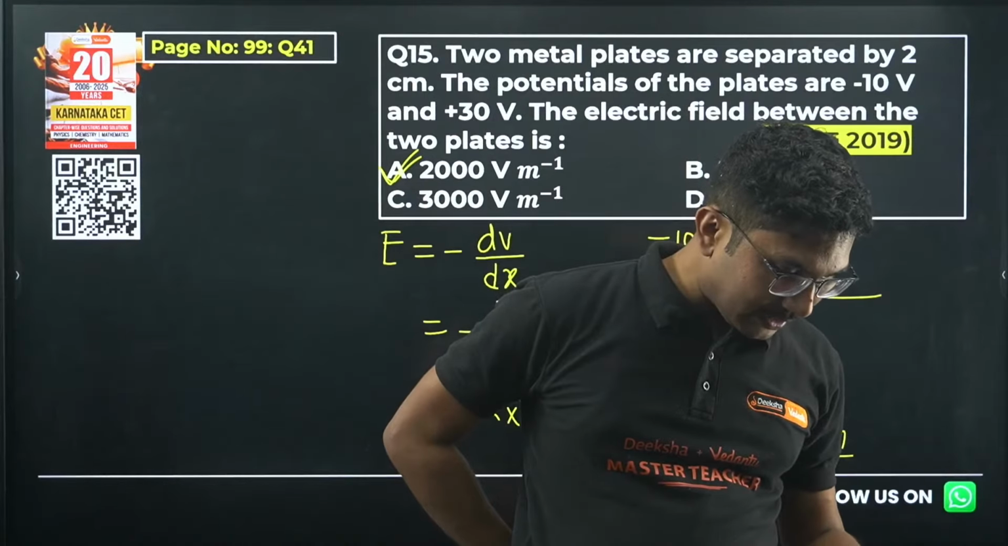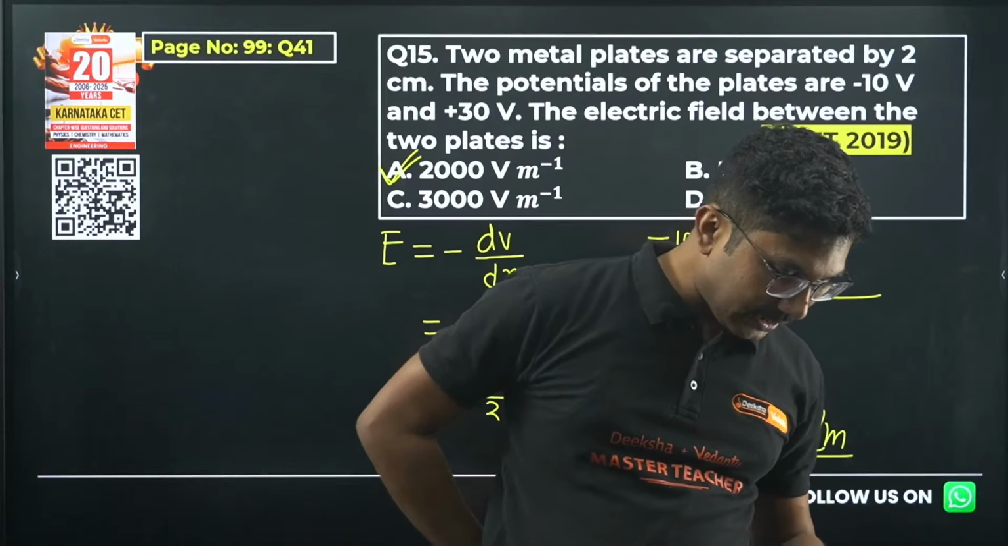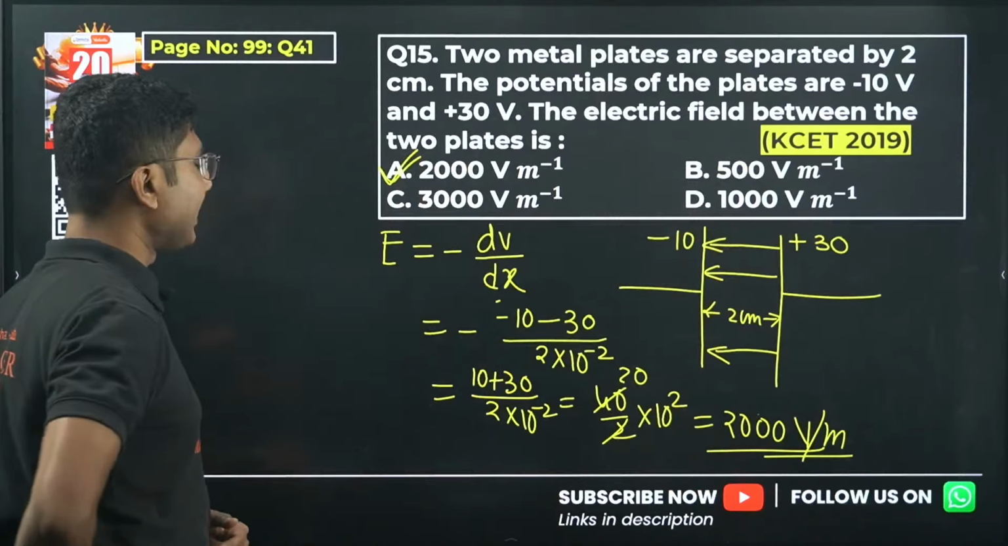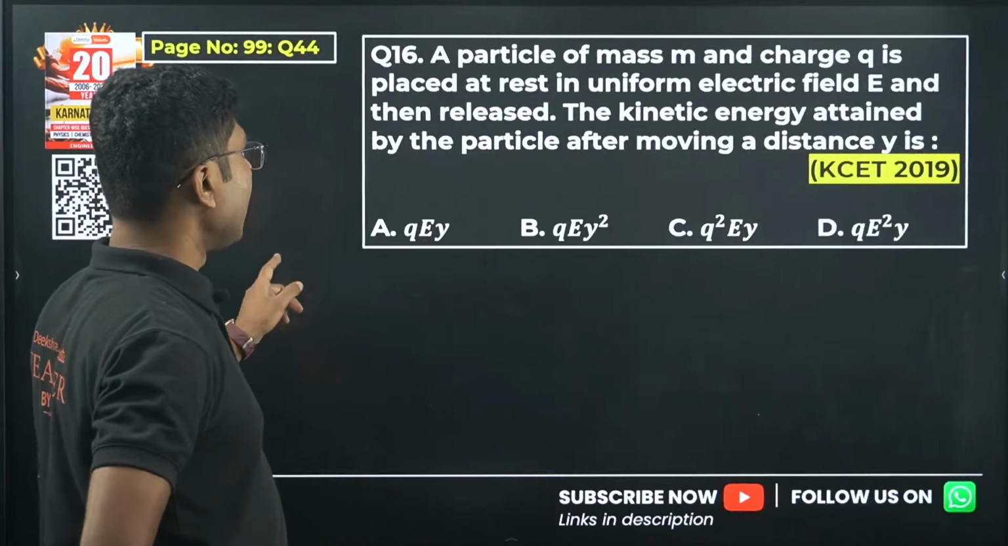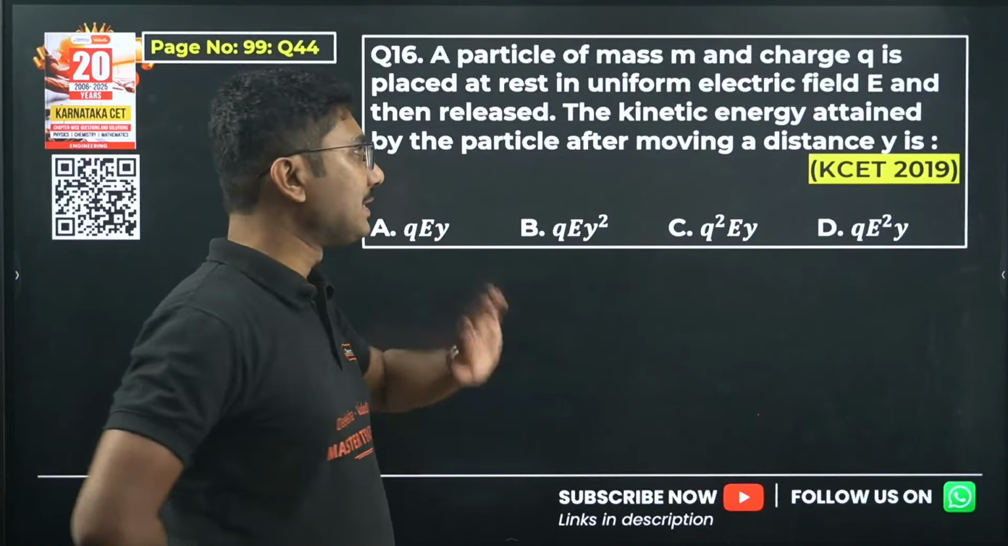Madhavi is saying option A, Manjunath is saying option A, Aishwarya is saying option A, Nagaraj is also saying option A. Correct, all of you are correct. Next question. And this one also I will not tell you the answer first, I will see if you are